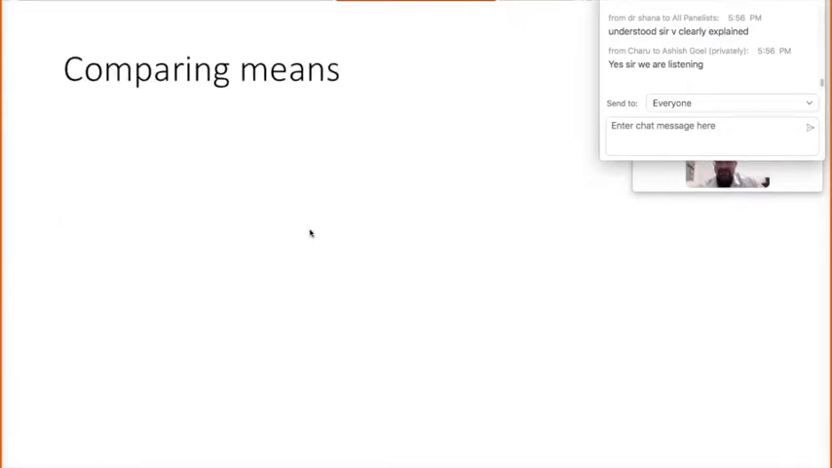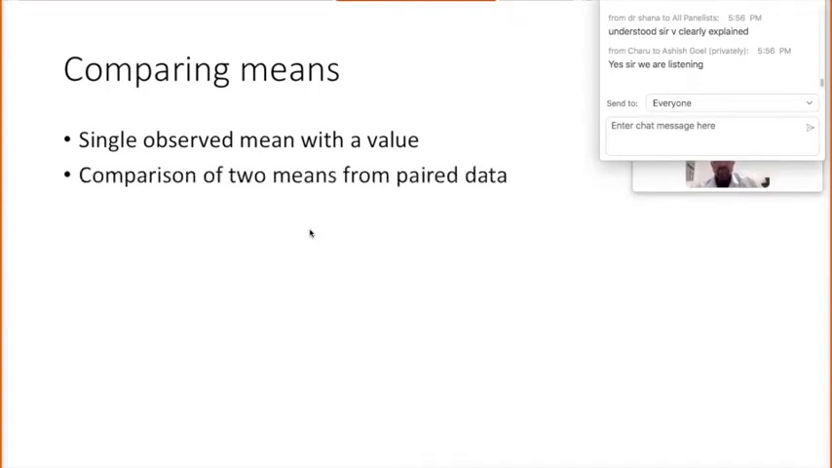Let's go further in that. So you might be required to compare means in several different situations. Let's see those situations one by one. You have one group, you have an entire group, and you have one single mean value. And you want to compare this mean value with any reference value that is available in literature. This could be one problem. Or you might have two values